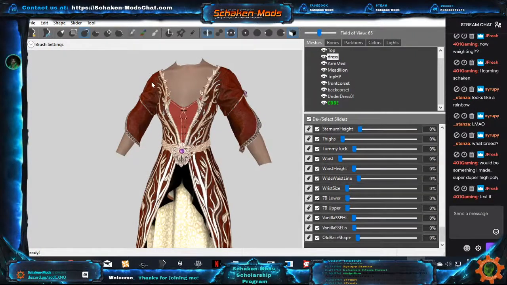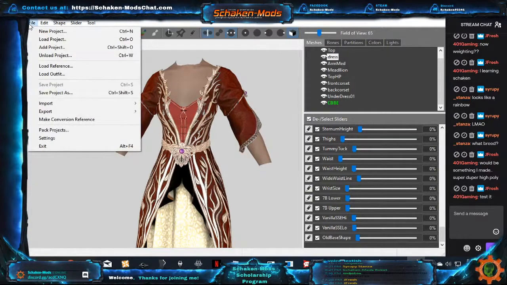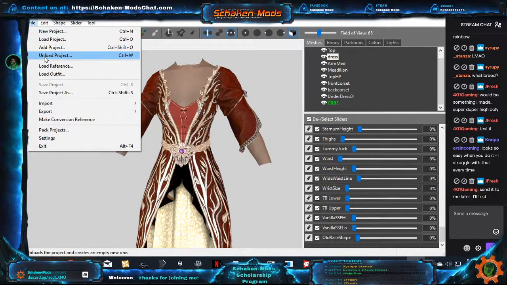So now that I showed you how to do your weights, I'm going to go over everything in body slide that I can. Obviously this is where all your projects are. You can save, load, add, unload. Unload is that control W key I showed you that can just restart everything. And then this is how you load your reference. Now,